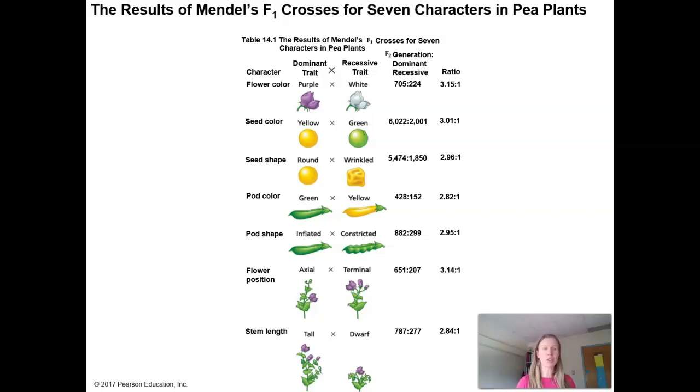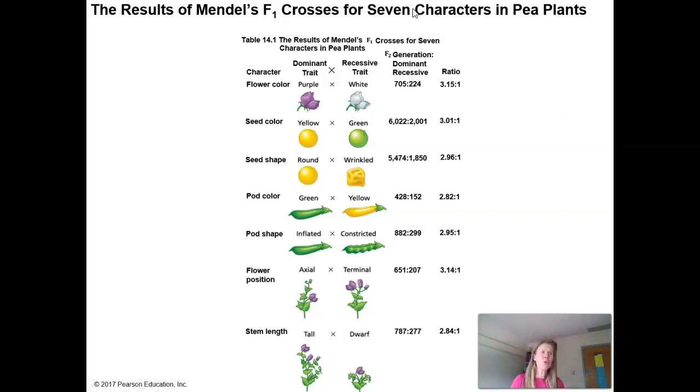So here's a further look at some of the data he collected. He did not just study flower color. He actually observed this same pattern of inheritance in other pea plant characters. Again, he was only studying ones that had two traits: seed color, yellow versus green; shape, round versus wrinkled; is it tall, is it short? And what he's seeing, what he called these heritable factors, is what we now call genes.